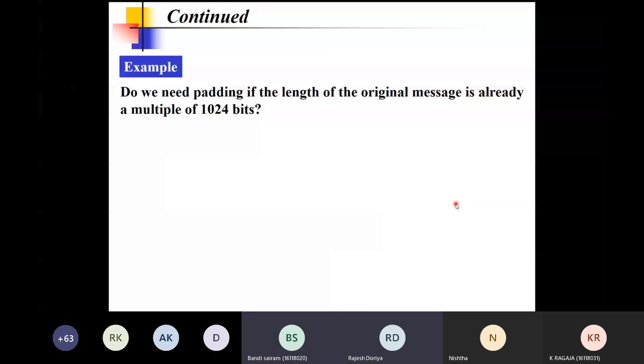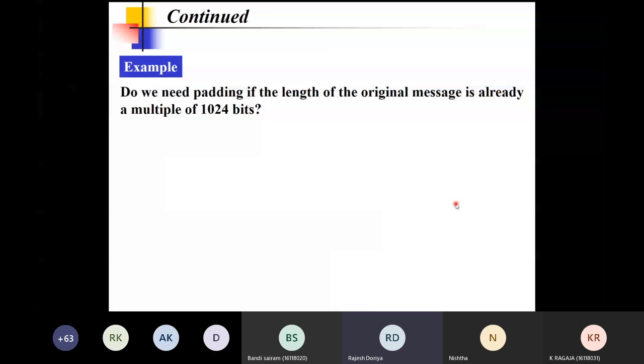Yes, sir, we need to add. And why do we need to add? Because we need to add the length also to make it a multiple of 1024, we need to add that also. Since this is the original message only.